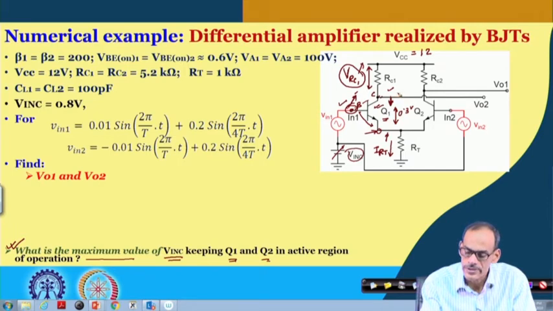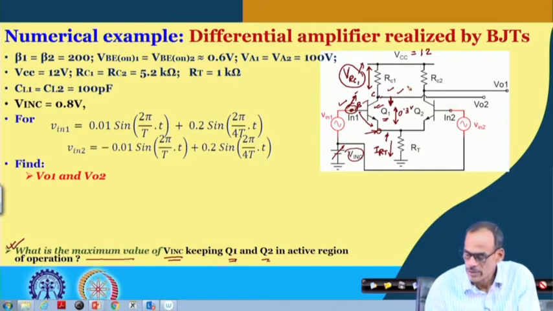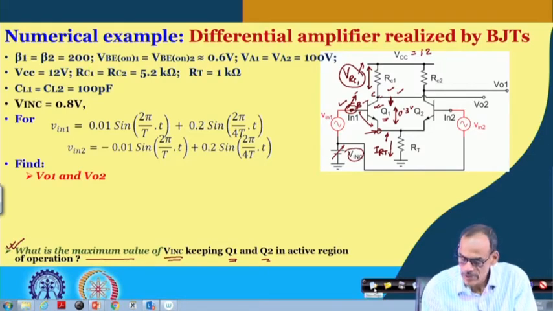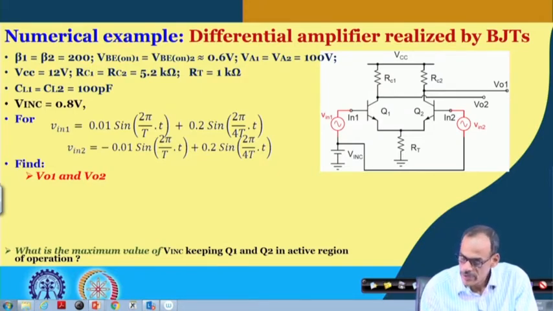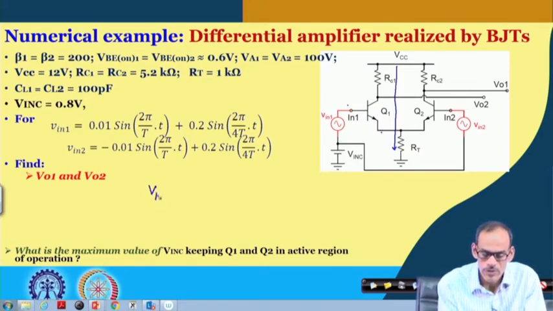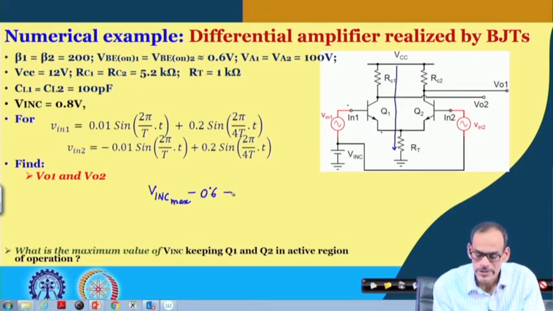So, then we can say that this is the limit of the collector voltage. Namely, if I consider, okay, let me clear this one. If I consider this path in the limiting case, whatever the voltage you do have minus 0.6. So, V_in_C max minus V_B1 of say 0.6 volt, then plus V_CE sat of 0.3 volt. So, that is equal to